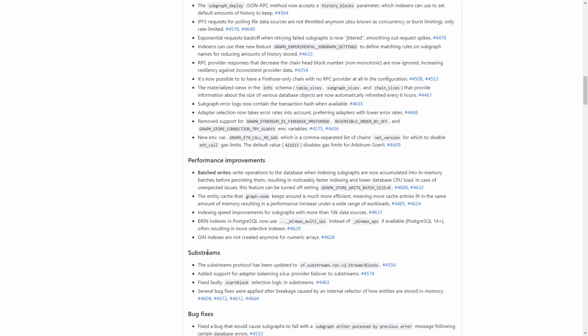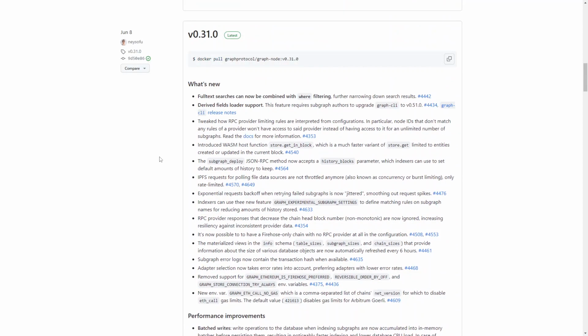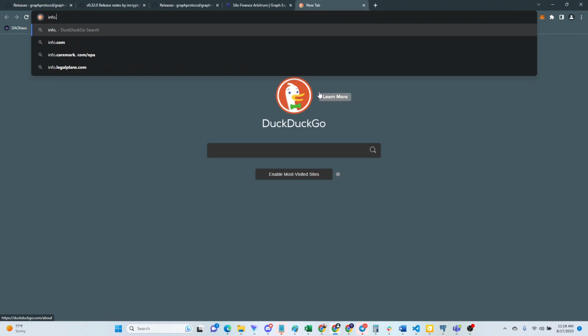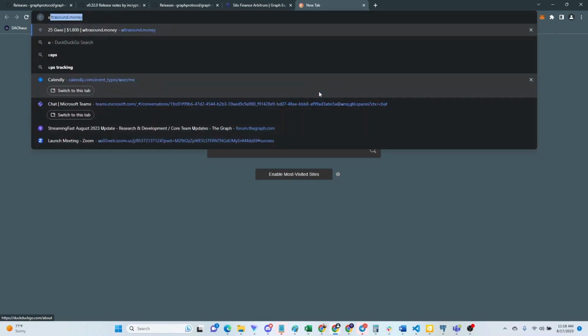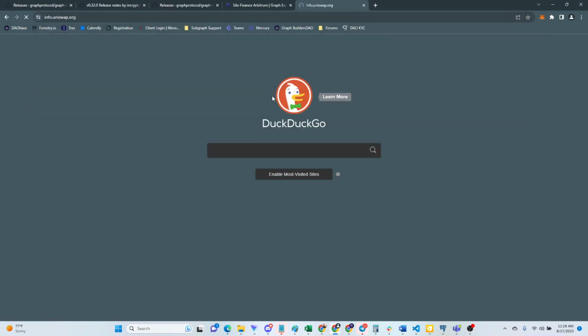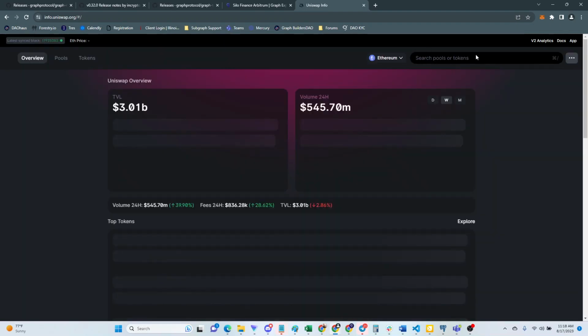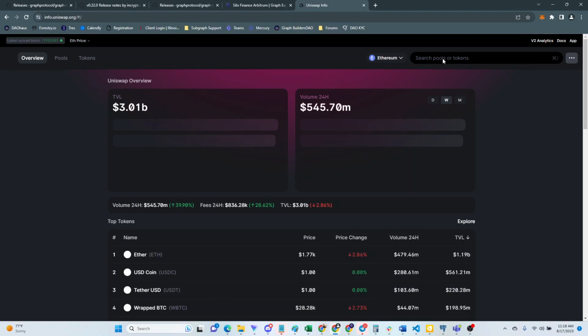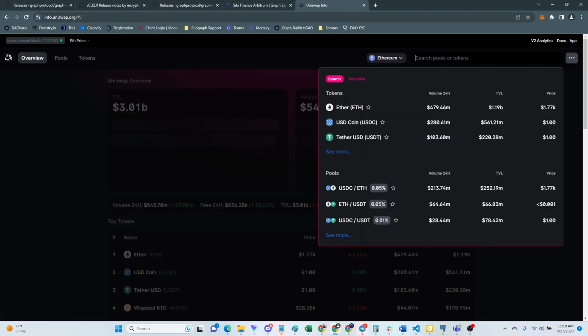And I believe this is where Substreams started to make a big splash in the network. Inside 31, we have a new feature for full text searches, which can be combined with where filtering. This is really useful in instances where you're trying to search for a token. What is it? Uniswap.info. Inside your front end, especially this little search bar where you're trying to search for a specific pool or a specific token, this is where full text search